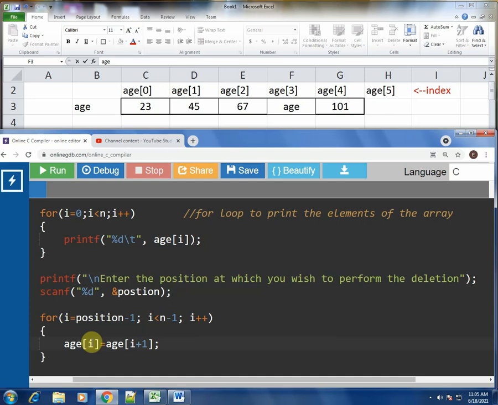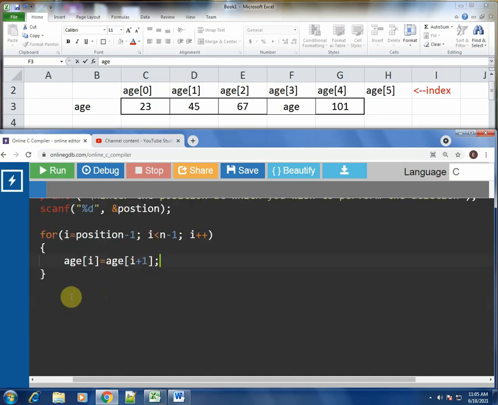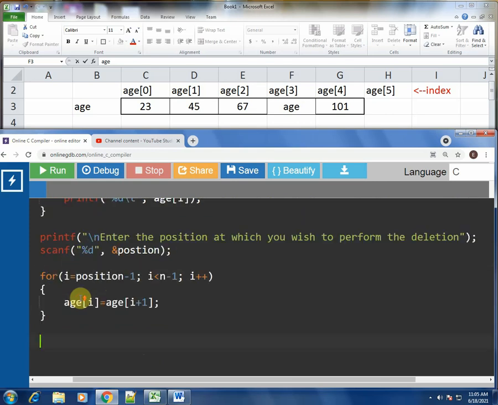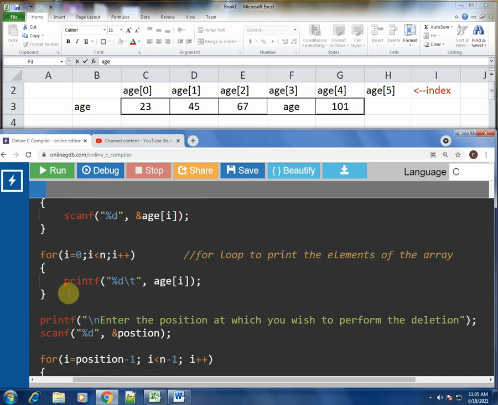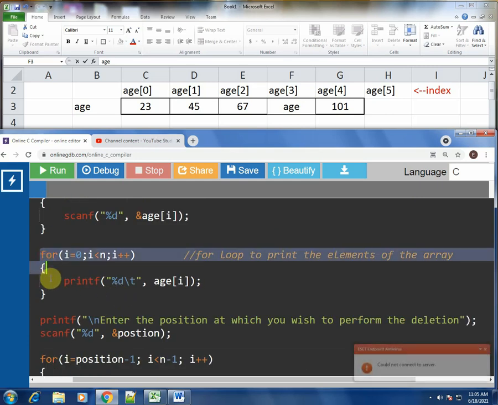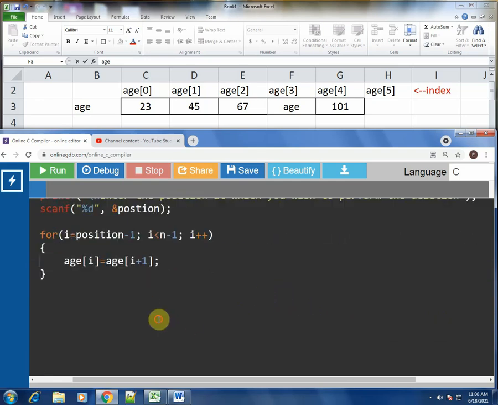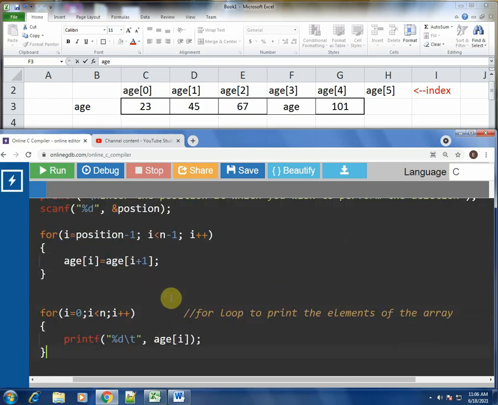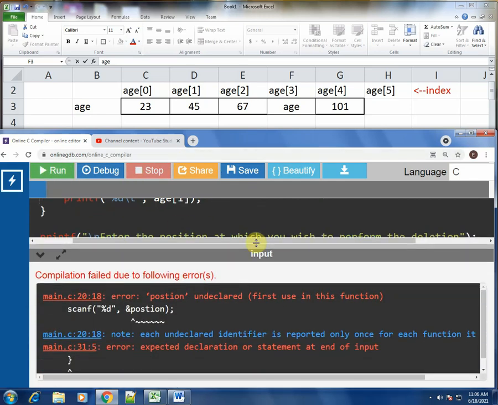So this is how the for loop would be. I will explain how exactly this works. After that, let us print the array after the deletion. For printing, write the for loop, very important. Let's just copy paste instead of writing all over again, and let us see if this program works correctly or if it needs something.